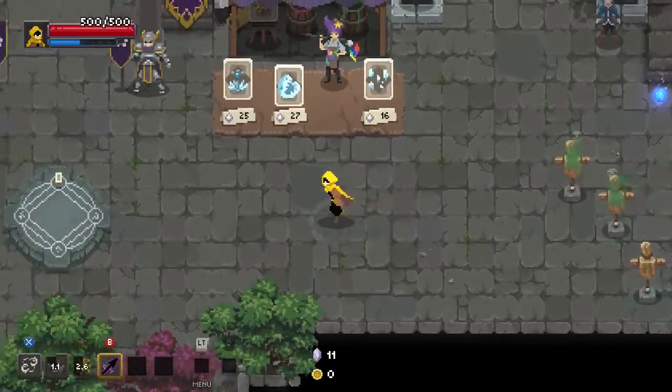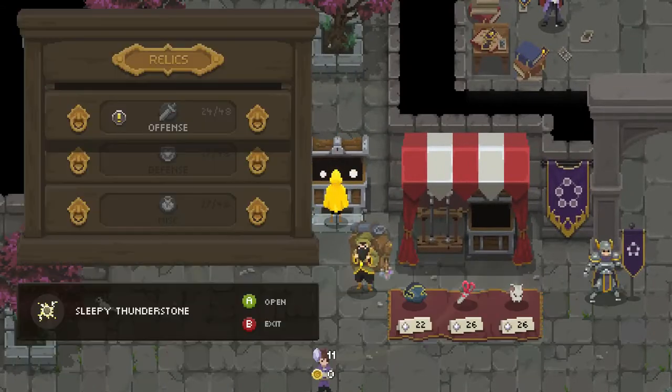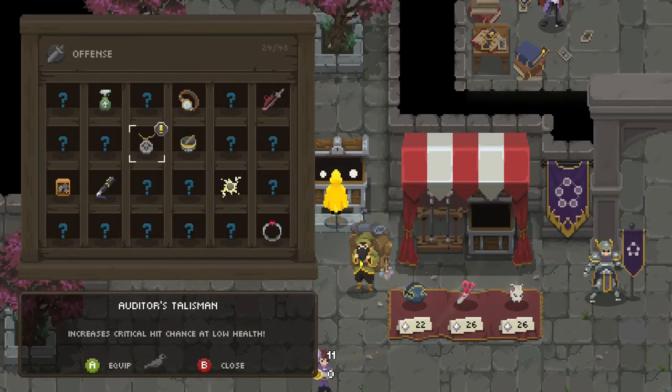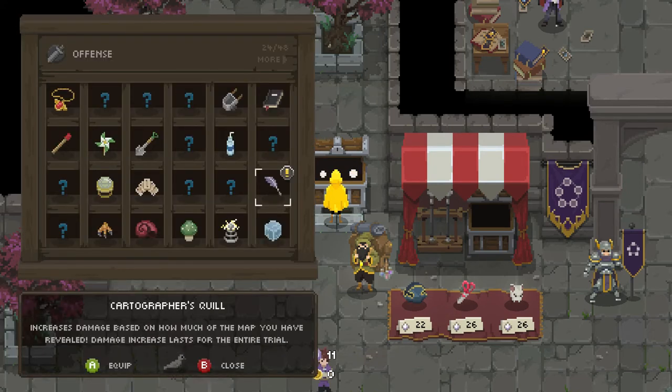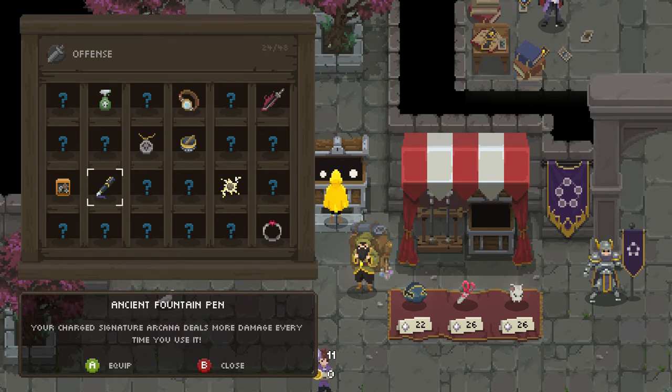Poison doesn't... Oh wait, I did poison them. I was about to say, the poison doesn't really last long. I bought only offense relics, apparently. Oh yeah, I only bought 2. Increases critical hit chance at low health for the Auditor's Talisman. And I've been wanting to try a Cartographer's Quill run. Increases damage based on how much of the map you've revealed. Damage increase lasts for the entire trial. I read on the wiki it does synergize with the,